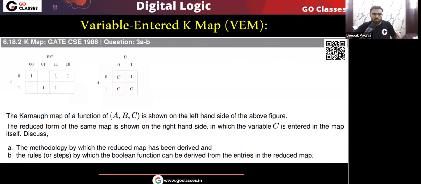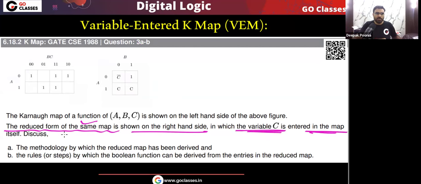There we are writing the variable c, c complement, or the constants 1 and 0. So these are K-maps of the same function. This is the standard K-map and this is the reduced K-map, but remember they are of the same function. It is already given that the reduced form of the same K-map is shown on the right hand side, where the variable c is entered in the map.